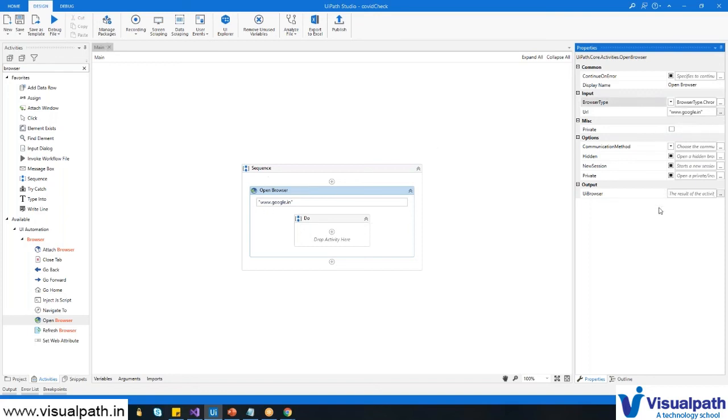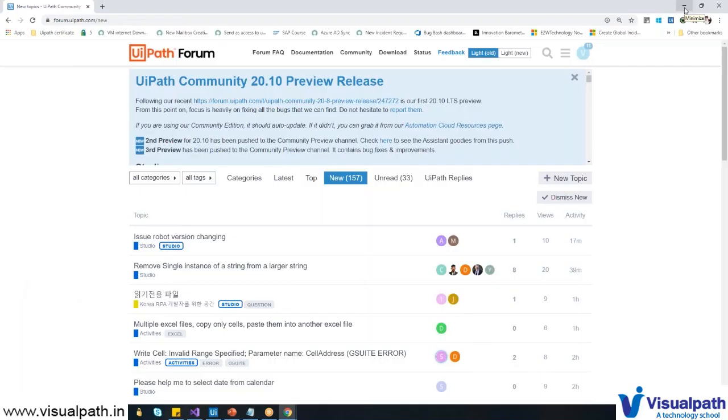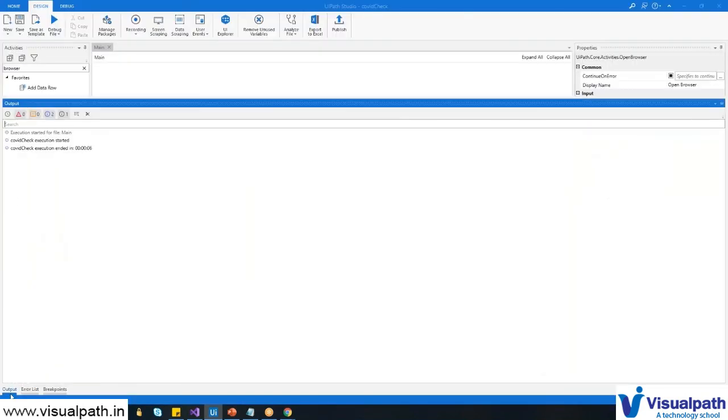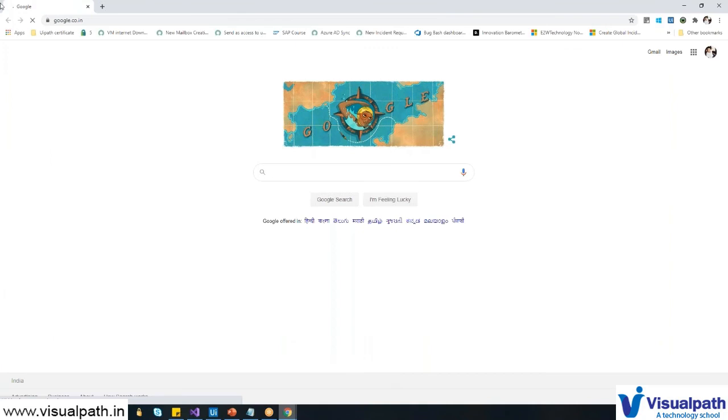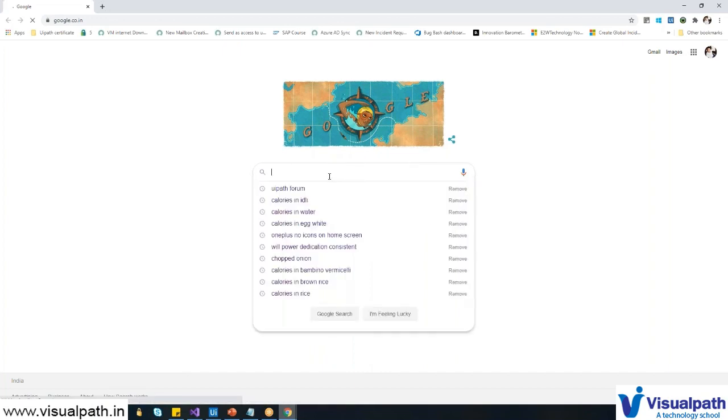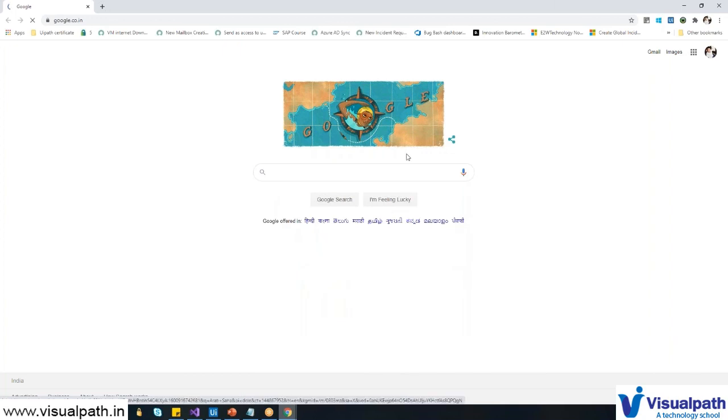Okay, simple. You have given the URL, you have given the browser type. There are other properties also that we can discuss in detail later. Now if I wanted to run this, I can just click on run file. If you see the output, it started at this time and ended in 6 seconds. In 6 seconds it opened, and your screen is ready for you. Now you can do a lot of activities, like type something or search something, whatever you want. This is one sample example I'm showing you.